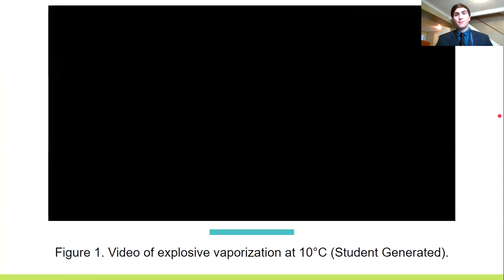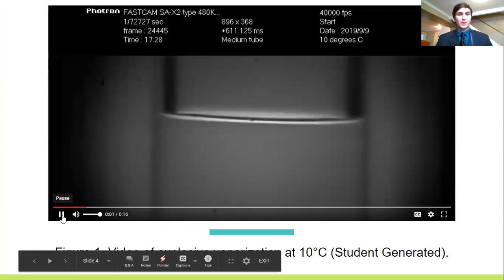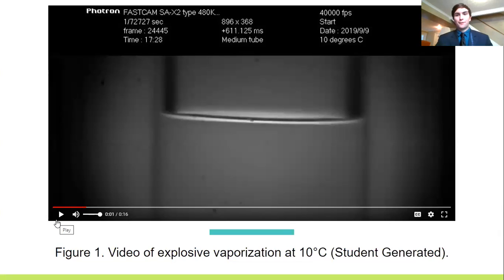To help you visualize this, I have a video that I actually took myself. In this video, you see a test tube with a liquid. This liquid is a superheated liquid because it actually wants to become a gas. It has so much energy stored up, it's past its boiling point and wants to become a gas. However, it cannot become a gas because there's pressure on top of that superheated liquid that prevents it from going